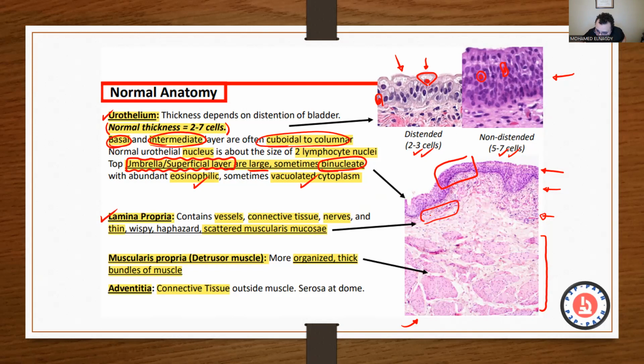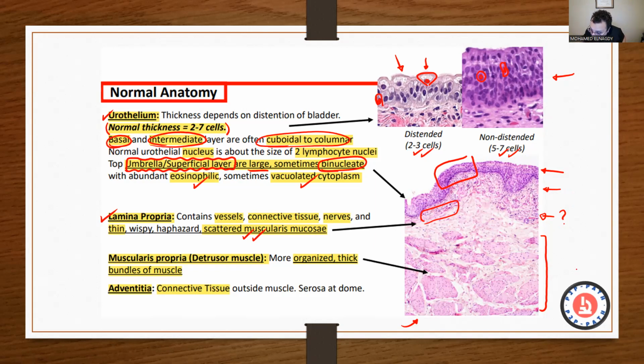And then you have the thin layer of muscle, which is called thin interrupted smooth muscle fibers, which exist in the lamina propria layer. These are called the muscularis mucosa layer. Why am I stressing on that? Because you should be able to differentiate between the muscularis mucosa layer, which is thin, interrupted, smooth muscle fibers existing